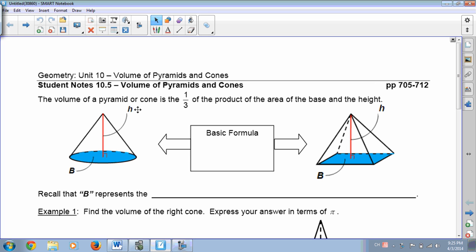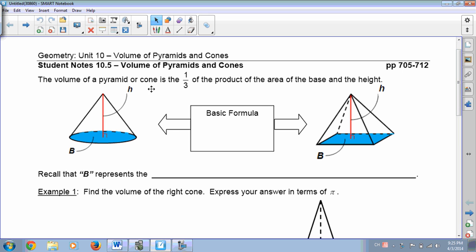Hey everyone, we're going to do Student Notes 10.5 tonight, which is covering volume of pyramids and cones. We've already done volume of prisms and cylinders, so pyramids and cones is very similar. The volume of a pyramid or cone is 1/3 of the product of the area of the base and the height. Okay, so all this really means is that the formula for a cone or a pyramid is 1/3